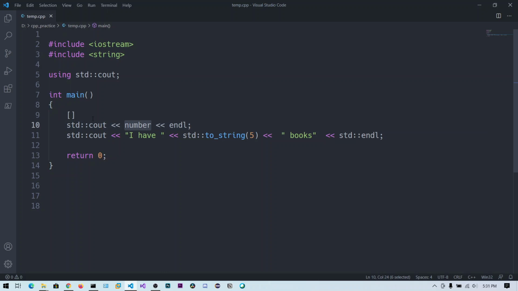First the number value is 1, it will be placed into the output buffer, and after printing, the endl makes sure that the output buffer will be flushed each and every time, and the number will be incremented by 1 and the number becomes 2. It will be printed onto the screen, and then the endl makes sure that this output buffer will be flushed. So each and every time cout is executed and endl is executed, the output buffer will be flushed.